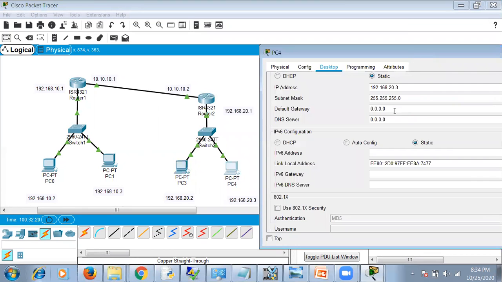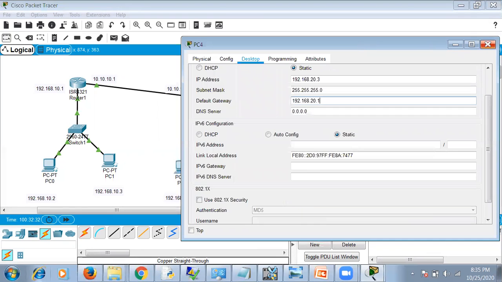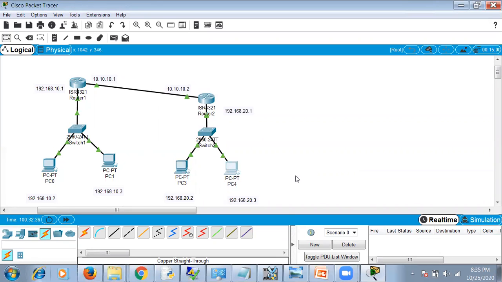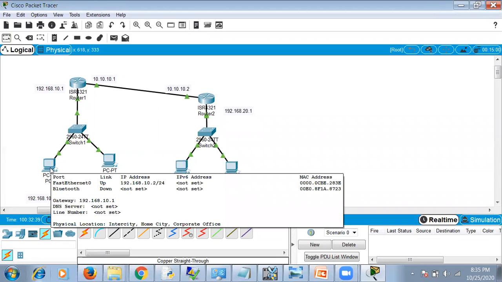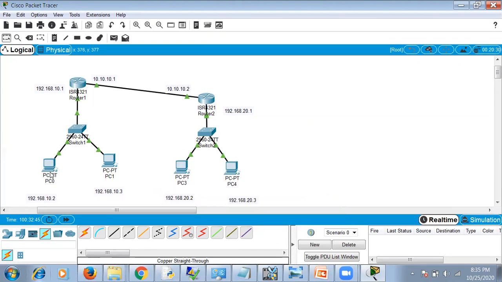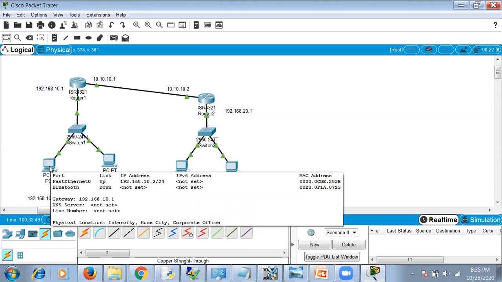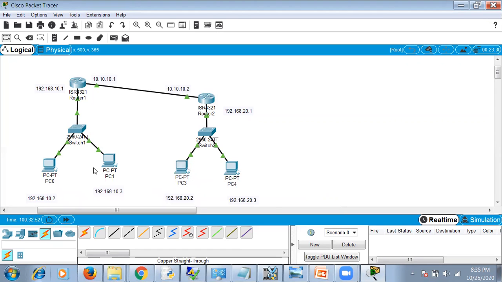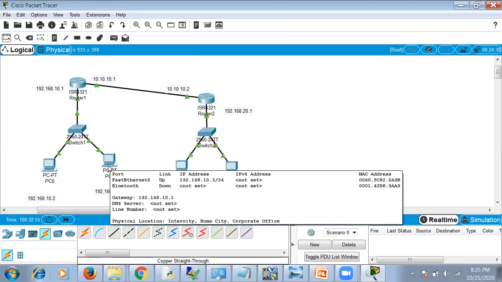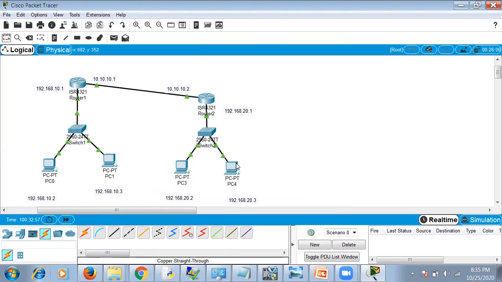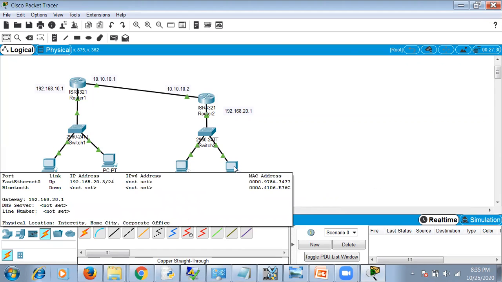Similarly for PC4. Now check whether the gateway address has been set. You can see that the gateway address has been set here. When you bring the cursor on this PC, you can check all the addresses: Ethernet address and gateway. Here also the gateway address is set, and here too.